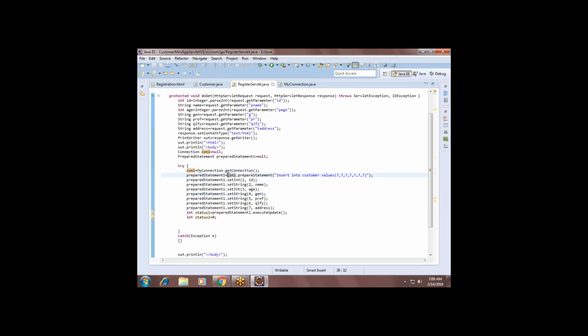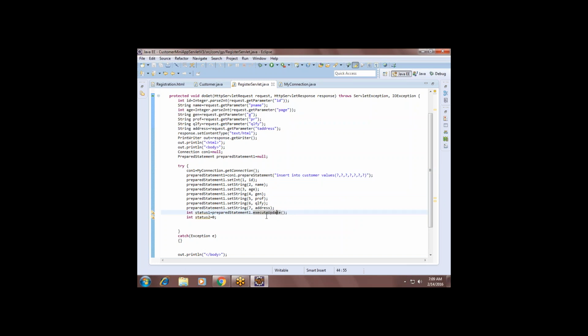Through the connection, I am invoking the prepareStatement method: con1.prepareStatement insert into customer values with seven question marks. After that I am setting all the properties for each question mark, what we receive from the client.